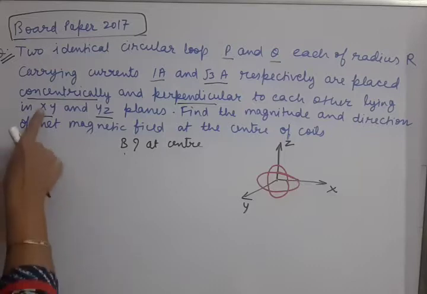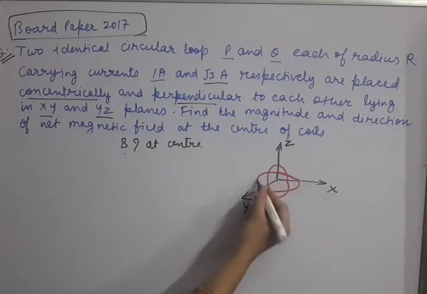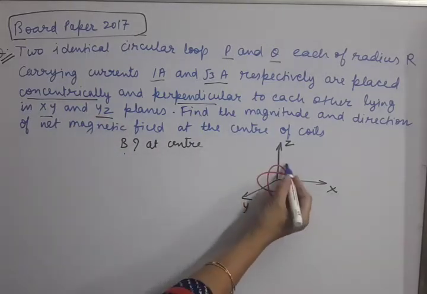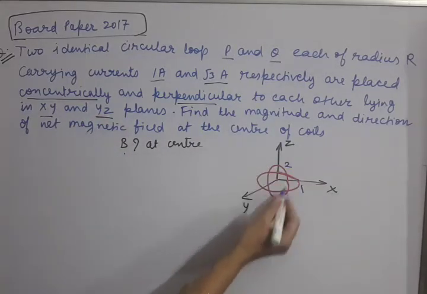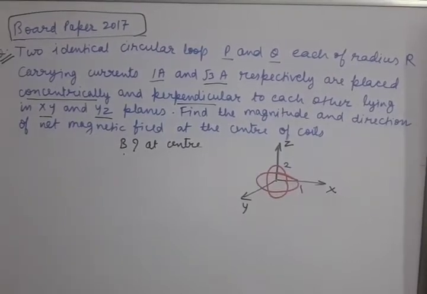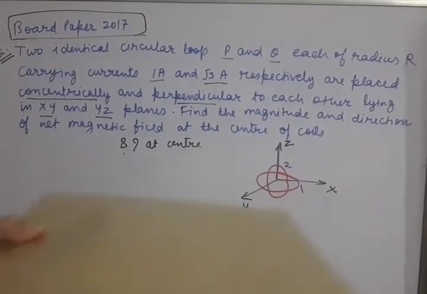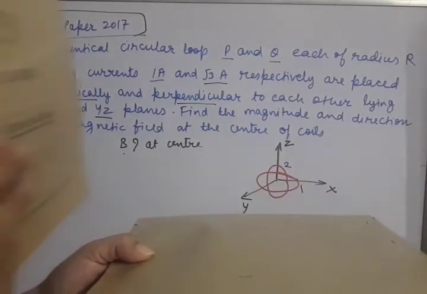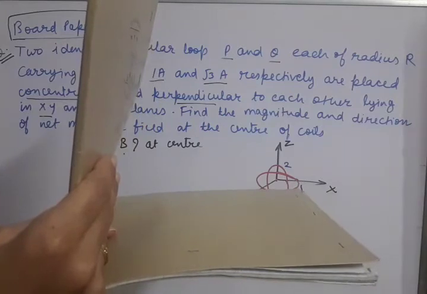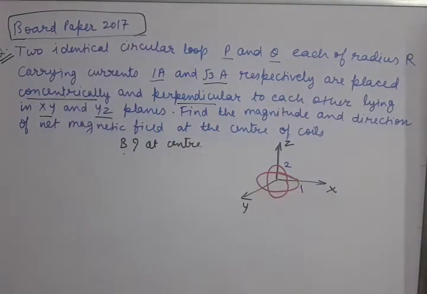The first coil is in the XY plane, which is horizontal, and the second coil is in the YZ plane, which is vertical. So both the coils are concentric